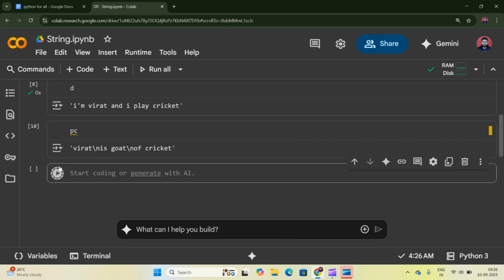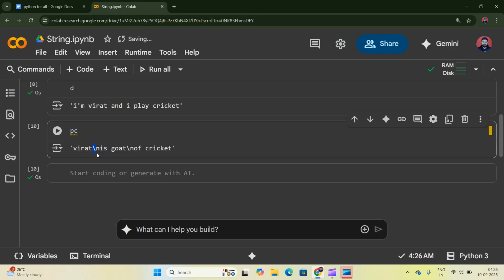But see, internally what is happening here is they're using this \n. \n is nothing but new line in print function. So internally we can see what is happening. If we use print, that \n will get converted, and we'll get our output like virat, then \n means new line, and then in new line we'll get is goat, then in new line of cricket. So print,